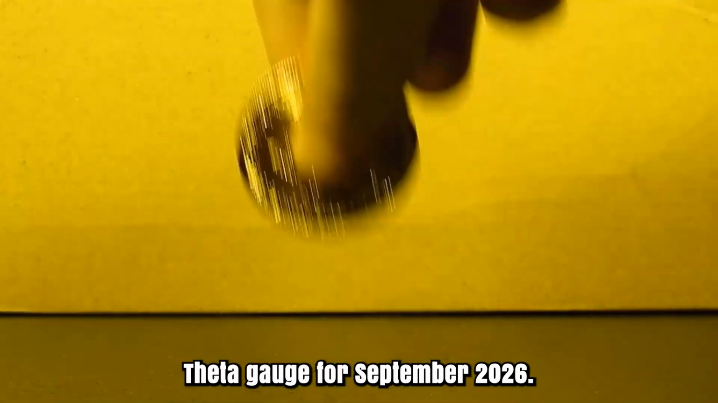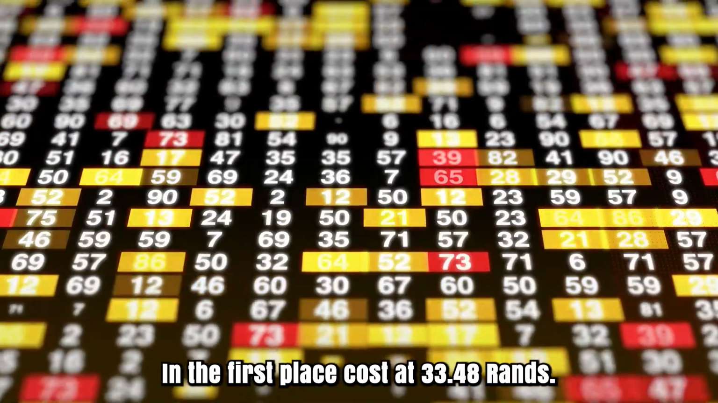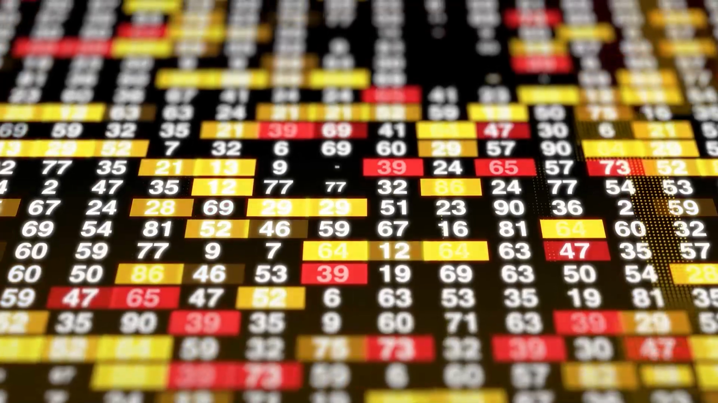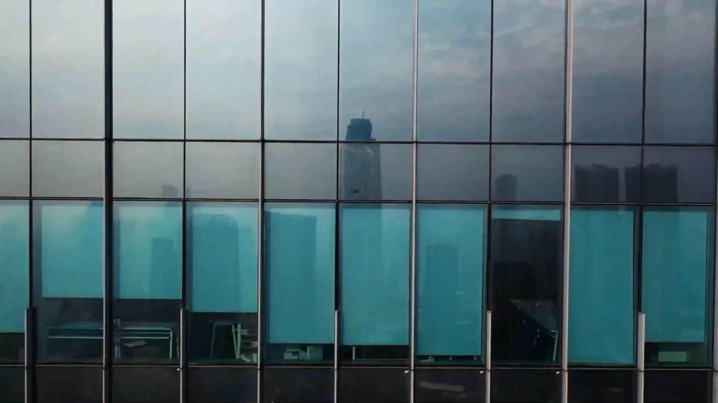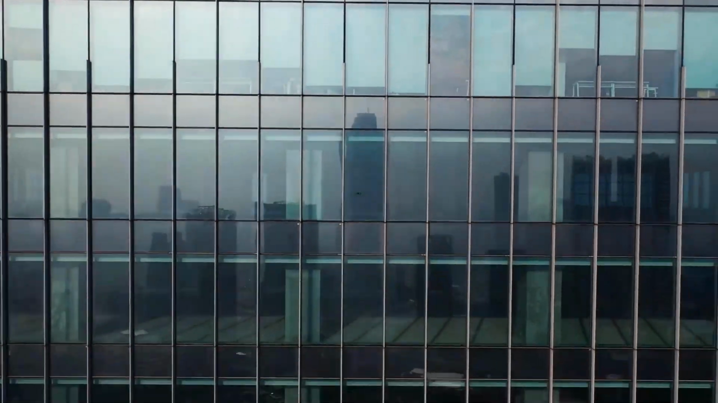Jibber forecast for September 2026. In the first place, price at Jibber 3.48 rands. Jibber high price 33.48, while low price 27.78. They found the middle value of price Jibber 1.15. Jibber price estimate toward the month's end